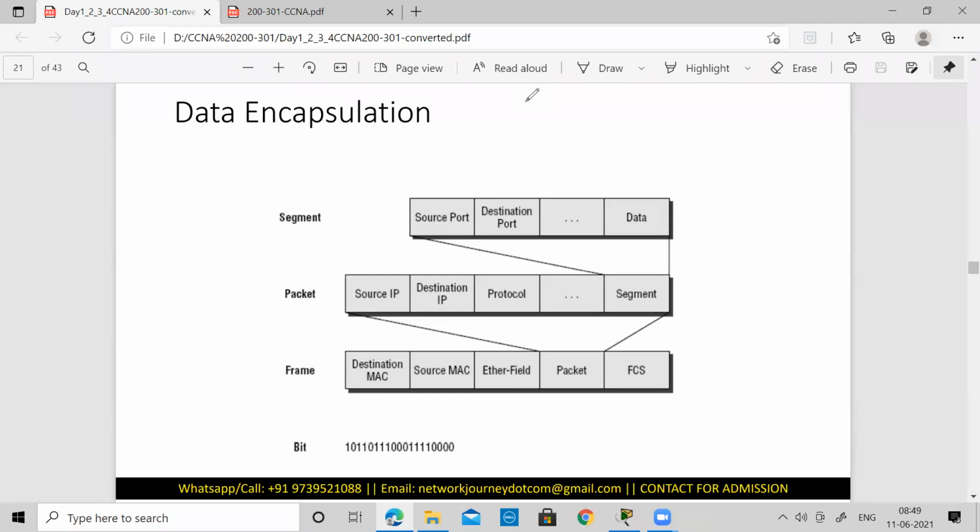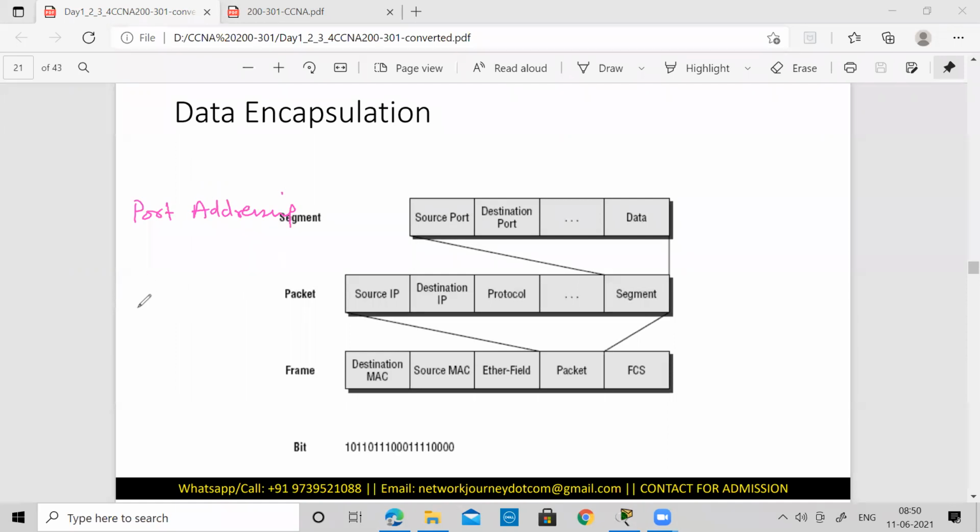This is again the same picture as the above one, but just a little zoomed in to the headers that we have in each segment. That means in the transport layer header, we have information related to port addressing. In packets, we have information related to IP addressing. And in frames, we have information related to MAC addressing. So you can say there are 3 types of addressing which we are using whenever we have a frame or a packet.